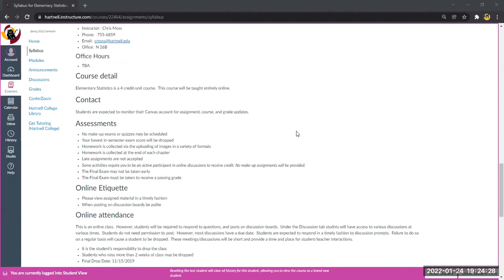Let's see, elementary statistics. It's a 4-unit course. It is taught entirely online, sections 1051 and 1059. Students really are expected to monitor the Canvas account for assignments, courses, announcements, and grade updates. I do reach out to students in online courses, usually via discussion board assignments, so I can note who is still involved in the course. In fact, sometimes these discussion board assignments are so important that you really have to respond, otherwise you'll get dropped. It's harsh in the online world.